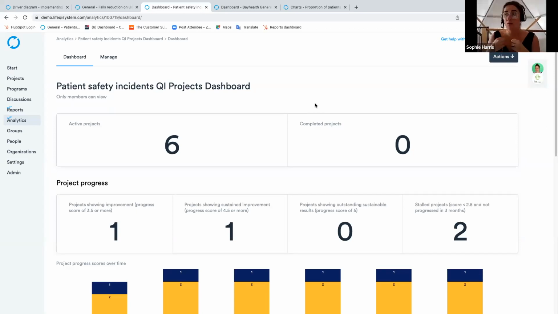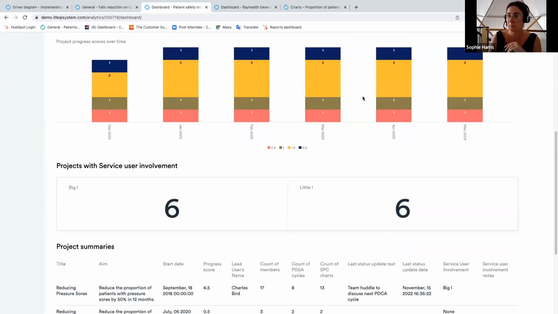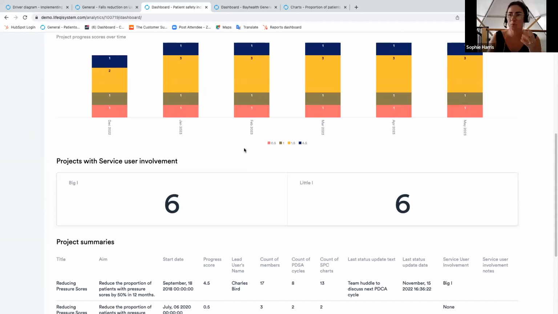At a glance, we're really easily able to access our information, see how many active projects we have relating to a specific priority, or in general, or all of our patient safety incidents. We're able to understand how many we have showing improvement and how many are really driving that change within the organization. We can also, as I mentioned earlier, report on how many projects we have relating to service user involvement. That is quite an important part of PSIRF, being able to understand how these people